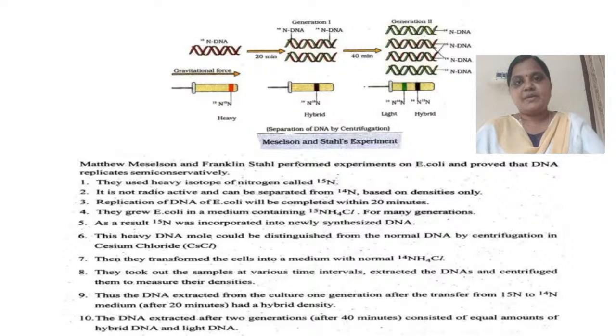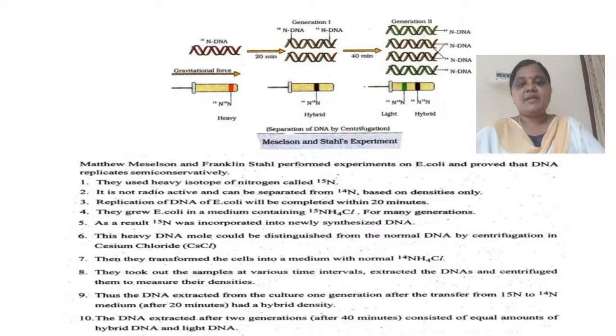And once again, I'll repeat this experiment. To prove that DNA replication is semi-conservative, Meselson and Stahl performed experiments on E. coli and proved that DNA replication is semi-conservative. To prove this, they used a heavy isotope of nitrogen called 15N. And this replication of DNA in E. coli takes 20 minutes, it will be completed within 20 minutes. For this, they grew the E. coli in a medium containing